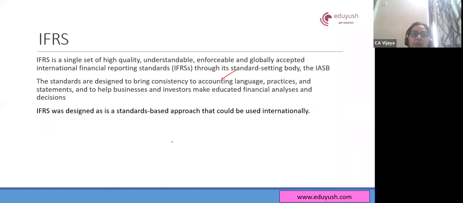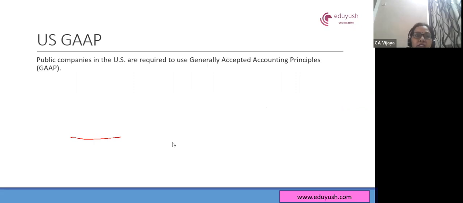Whereas IFRS is a principle-based approach. When it's a principle-based approach, it gives you guidance on how you should follow the accounting standards. And because it's giving you guidance, it gives you some flexibility that if for a particular reason you're not able to follow the IFRS, then you can find an alternative way. Like if it's not suiting your cost benefit analysis, then you can look at the conceptual framework and try to see whether you can fit another accounting policy which is consistent with your financials. So they give you this kind of flexibility when you follow IFRS, whereas that is not applicable in case of the US.